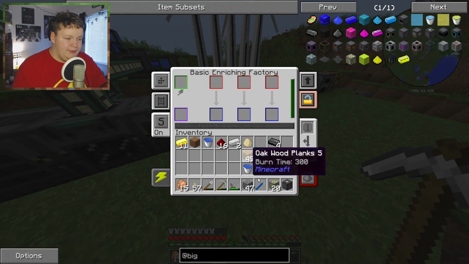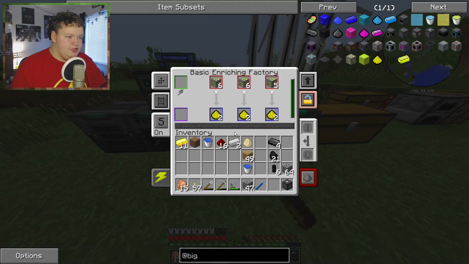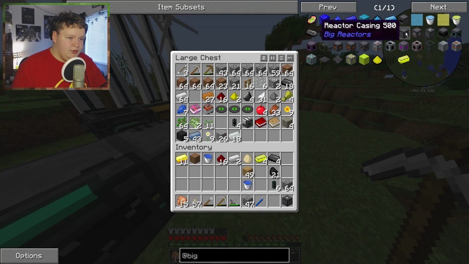And then while that's smelting, we can start putting in our yellowite here. Yeah, so sadly, yellowite can't go any further than the enriching stage. Which is not a huge problem because it is very common. So that'll eject once that's gone. Like now. Yeah, awesome. So now I should be able to make